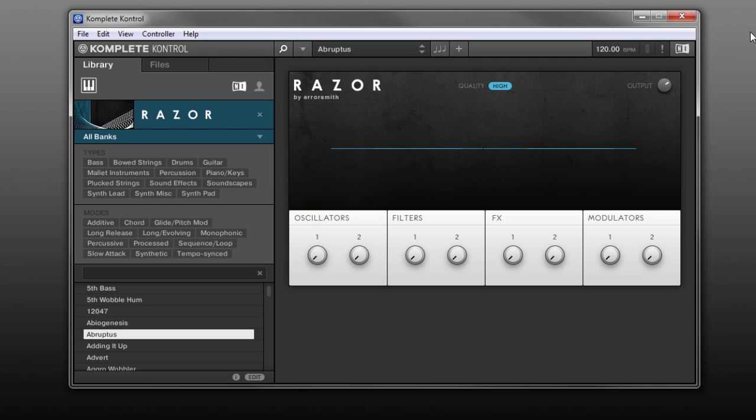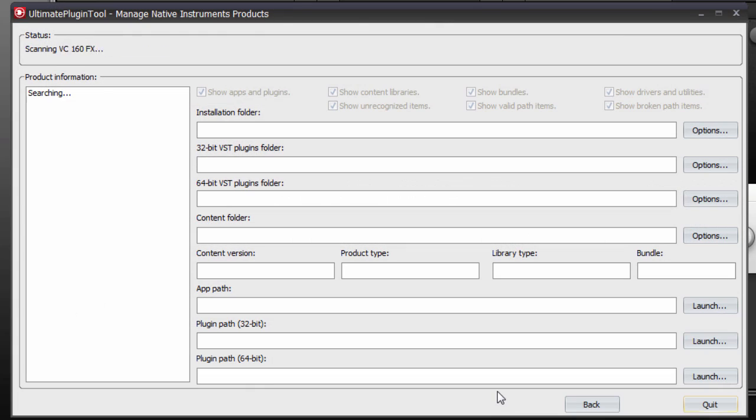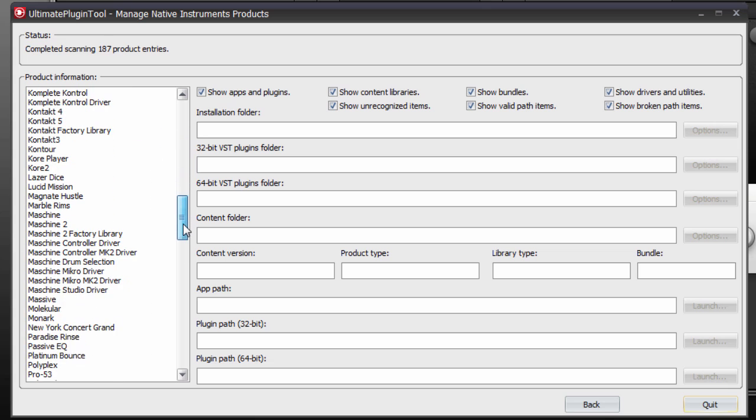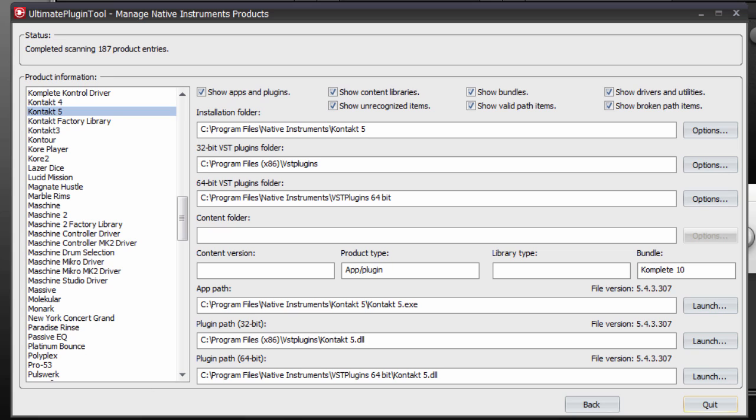Now, I mentioned earlier that there's another problem that's specific to Complete Control that you can also identify with Ultimate Plugin Tool. I'm going to launch the Product Manager screen again. And so in Complete Control, you can get some of the same symptoms that we were seeing earlier, even if you have the correct version of the plugin installed and the folders and the paths are all correct. But maybe if you bought those programs separately before you owned Complete, or if you installed them with a previous version of Complete that included